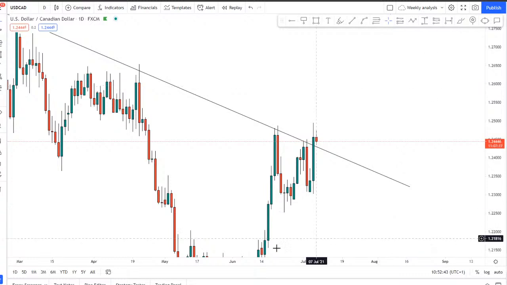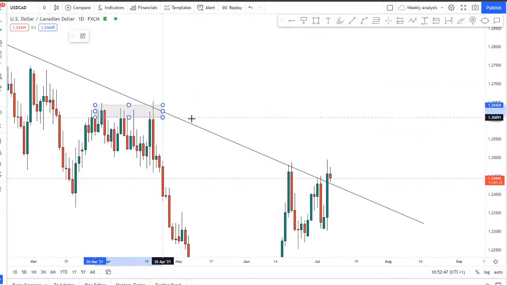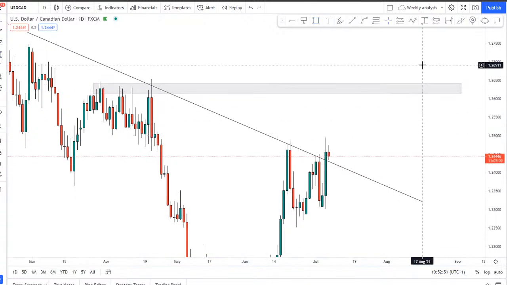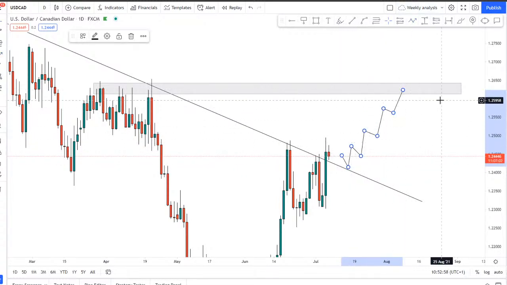And like I said, when we did have this big push here, I do see the market eventually getting back all the way up to here, 1.26500, and maybe even further. So I'm still standing by that analysis. I still think USD CAD can slowly make its way up to here, and if that's the case, on the lower time frames we can just take buys with those pullbacks and just ride that to the upside. So if that bullish trend does continue, any movement to the downside is likely just to be a pullback. Wait for the market to find support, and I think we can ride this all the way up to this